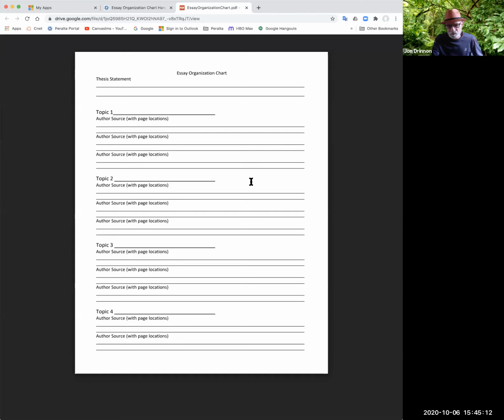Find a topic that works as support for your thesis statement, for your argument, and then use that topic and reframe it in your own words. Of course, you can't use the words of someone that you're working with, but I have no problem with you finding a topic somewhere and using that as a topic for yourself.